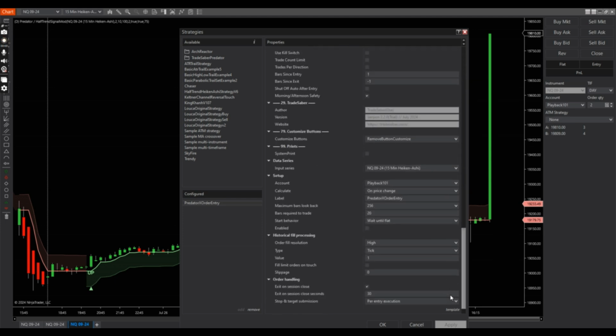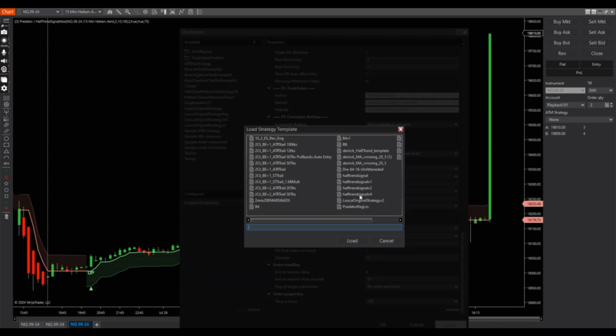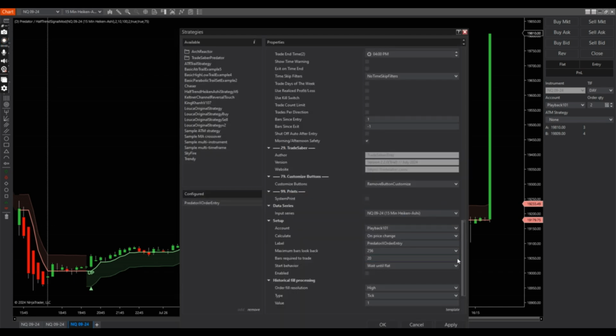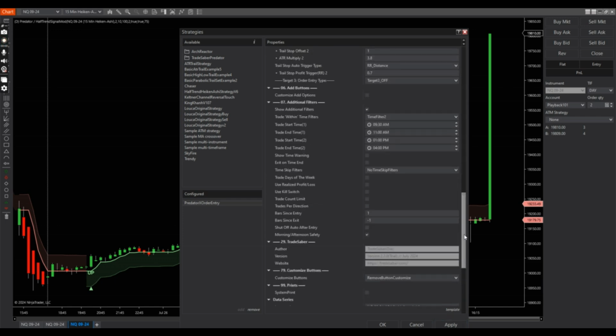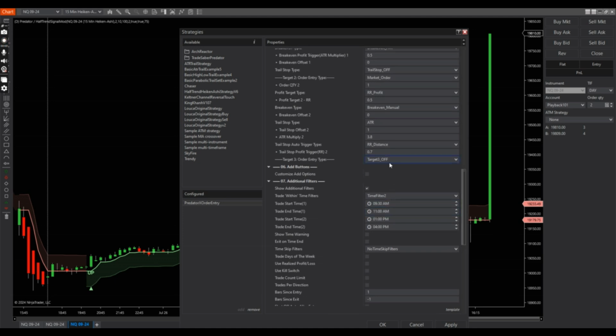Actually, let me load the template. Load. Before load. Hopefully that's the right template. Okay, so I have the time filters,